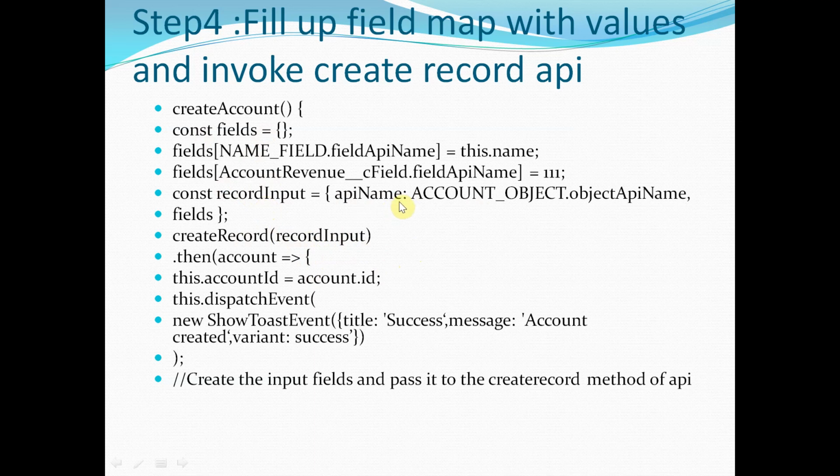It takes two things. Okay, you have to give the API name, the final object that is to be updated, like say account object. If it is some custom object, you have to say the custom object name underscore c, object dot object API name, and fields. Once this is set, you pass this to create record. That's all. There is no other code that you need to write in the Apex. Okay, this will take the field mappings and update it.